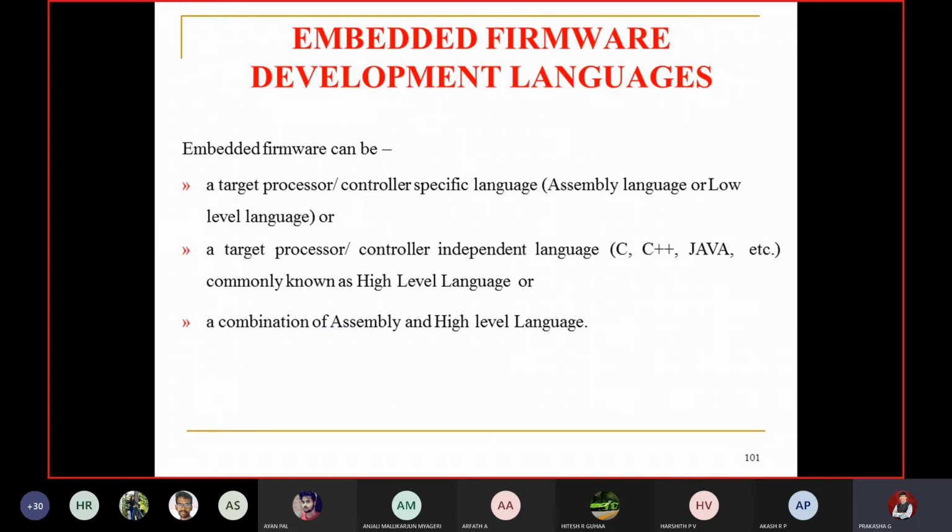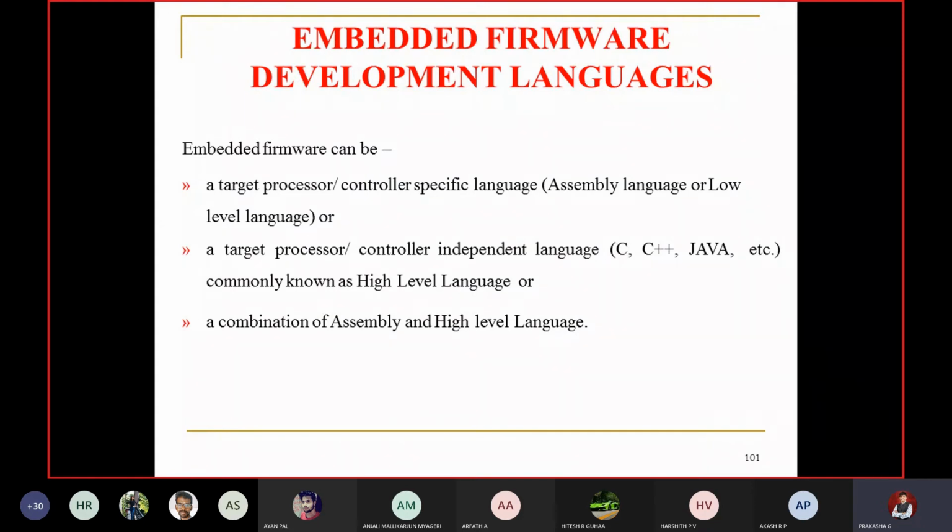Embedded firmware can be a target processor or controller specific language, assembly language or a low level language, or a target processor or controller independent language, commonly known as high level language.